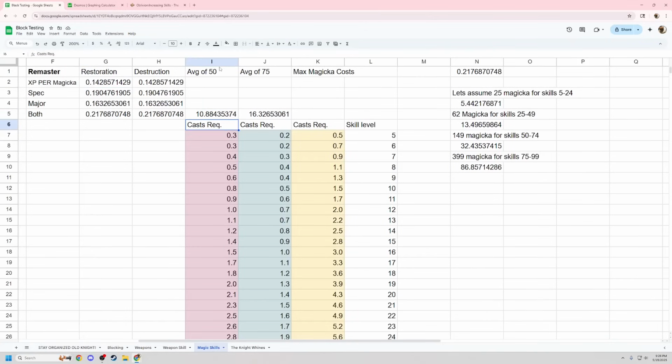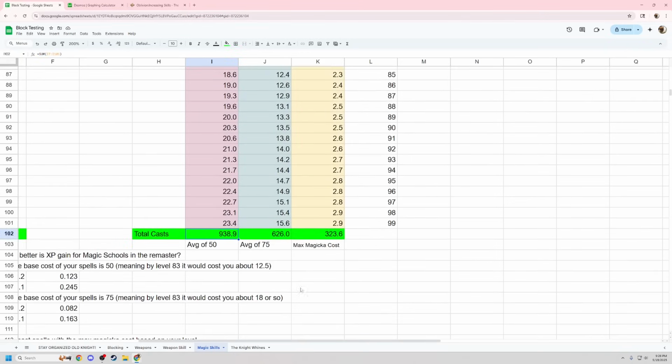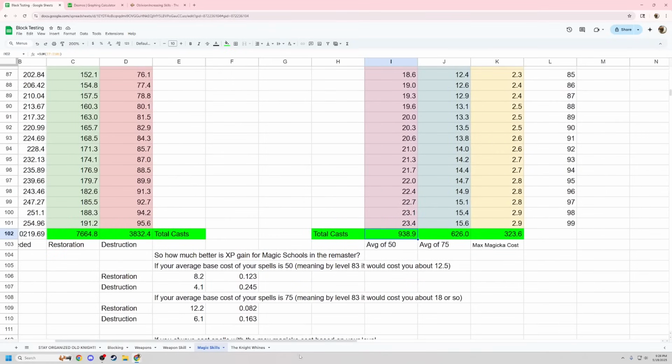What I'm going to do for this one, I'm going to assume that throughout the entire game, getting from skill level 5 to 100, I'm casting spells with an average base cost of 50. Then to get from 5 to 100, I only need 938 casts, compared to 7,600 for Restoration. So that means Restoration is over 8 times faster than it was in Classic Oblivion, and Destruction is